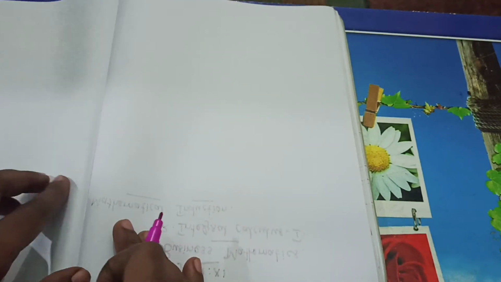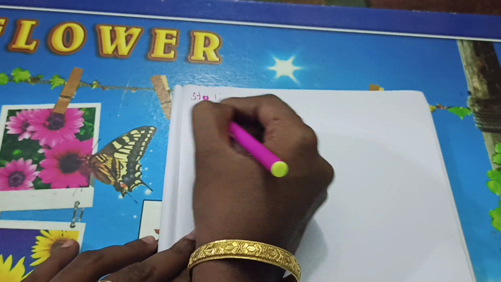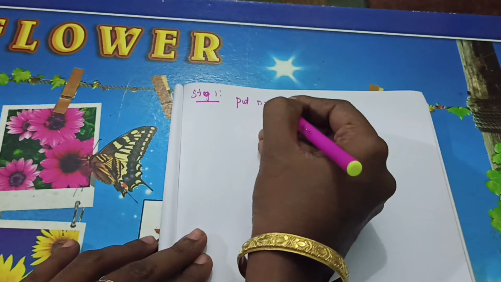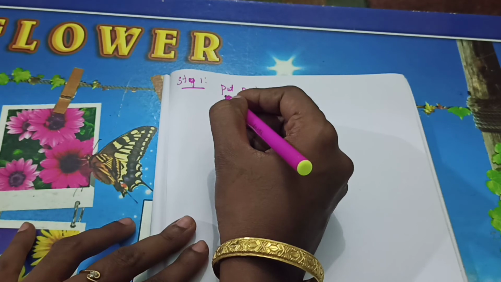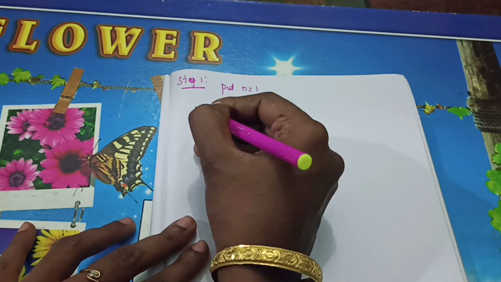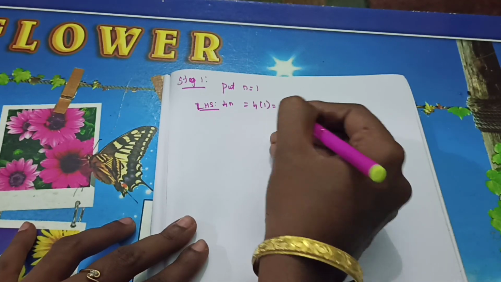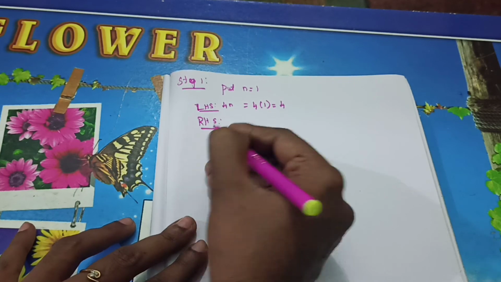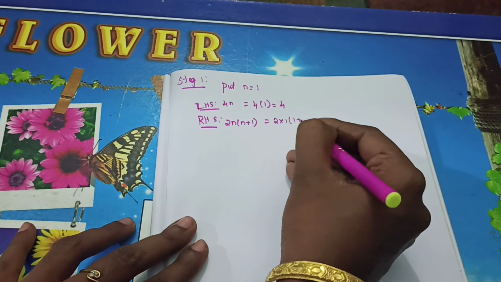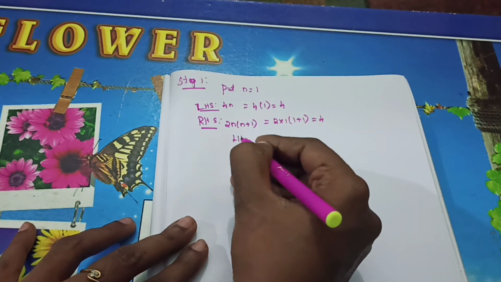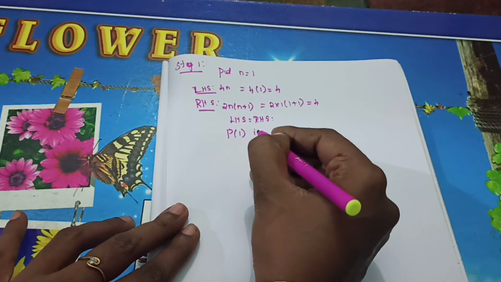Okay. Next, what did we do for the first step? Step 1, what did we do? Put n equal to 1. Is it right? Substitute n equal to 1 in the LHS. That is 4n. Is it right? This is the LHS. So 4n, so 4 into 1. That's equal to 4. Now come to the RHS. What's the RHS? 2n into n plus 1. Substitute here 2 into 1 into 1 plus 1. So that's equal to 4. Whether both are equal, LHS is equal to RHS. So what will you say? P of 1 is true.